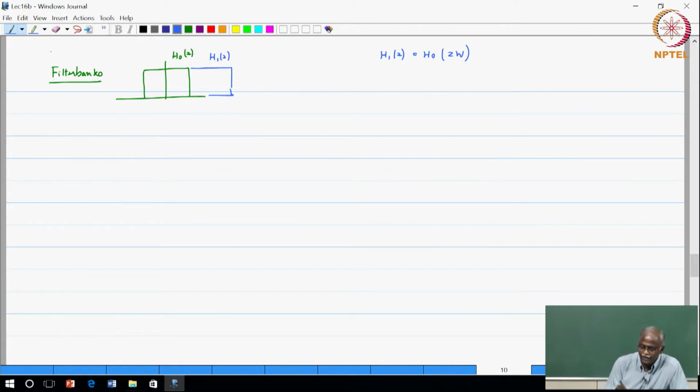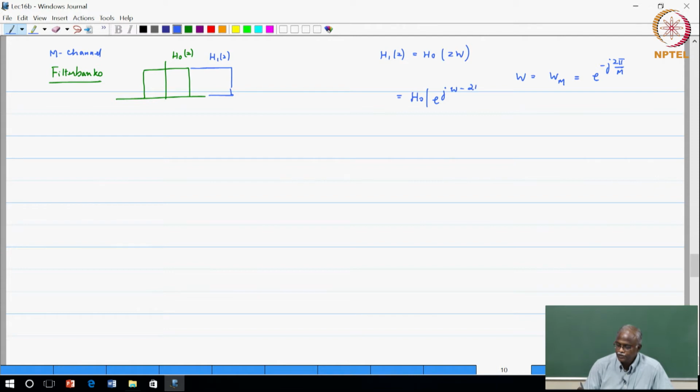This is an M channel filter bank. So, W is actually equal to W_M, which is equal to e to the power minus j 2 pi over M. So, this is actually H0 of e to the j (omega minus 2 pi over M). Okay, this is the basic definition of the